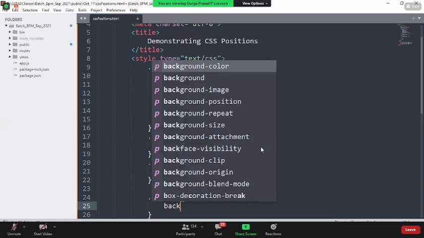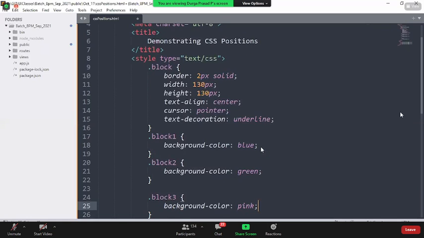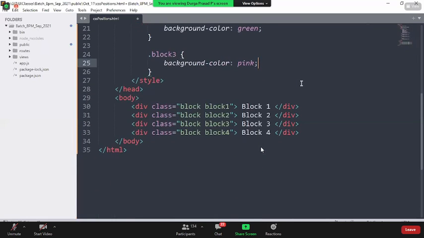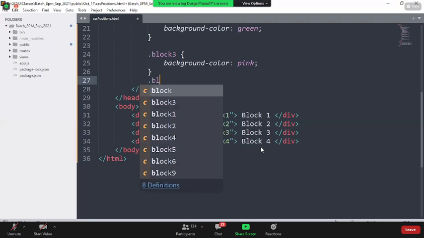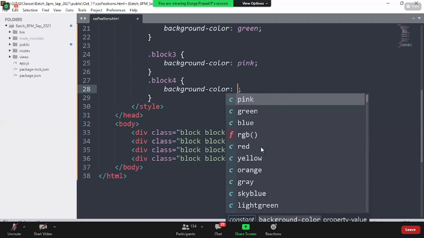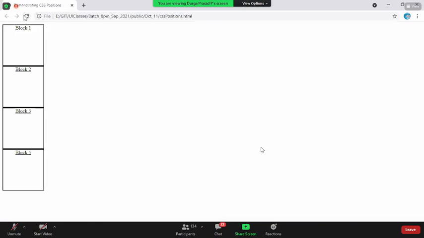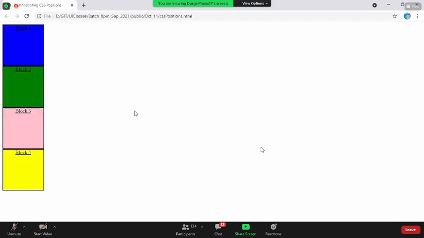Block 3, background color of pink. Block 4, background color of yellow. Save this, come back here and reload the page. This is how the containers are getting rendered on the page.